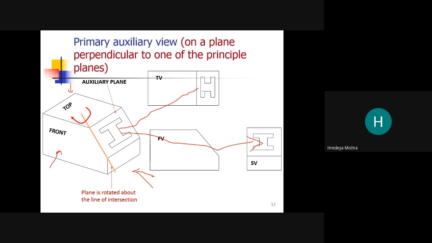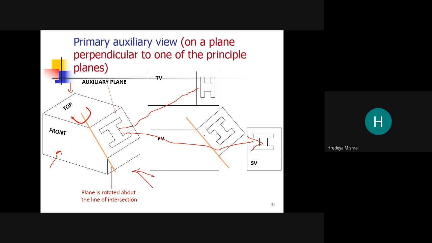See, this is our original shape, which is different from these two shapes. So to locate the original shape of this slot, we need an auxiliary plane. See here.